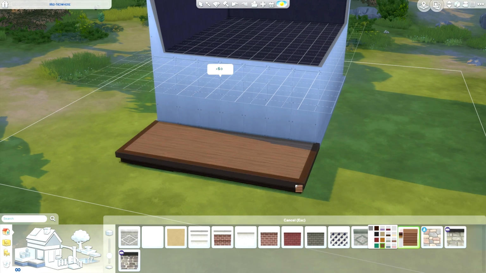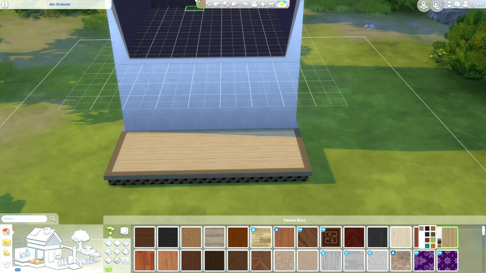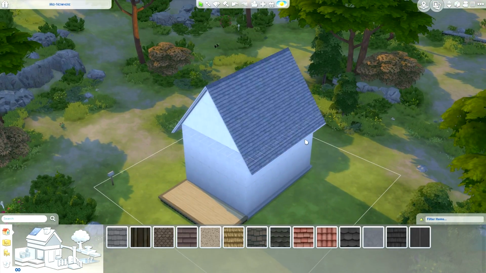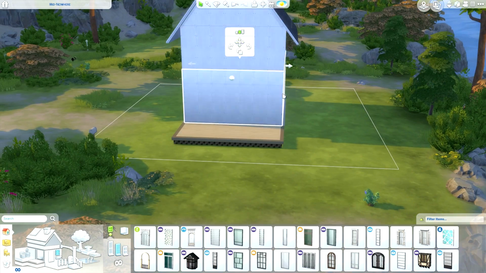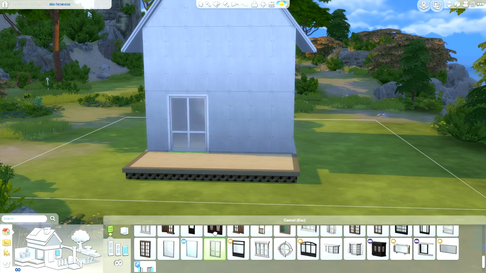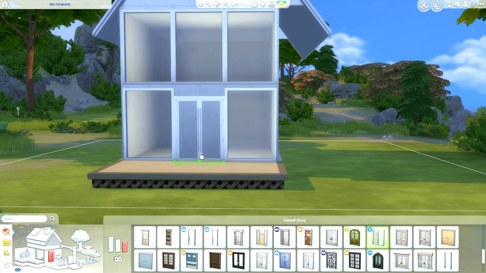So this one is a modern loft home. This isn't exactly the type of build that I usually do. Right now, I did start with a bit of a triangle roof because in all of the images I was seeing online of loft houses, they had that triangular roof, but unfortunately in The Sims, we cannot have that sort